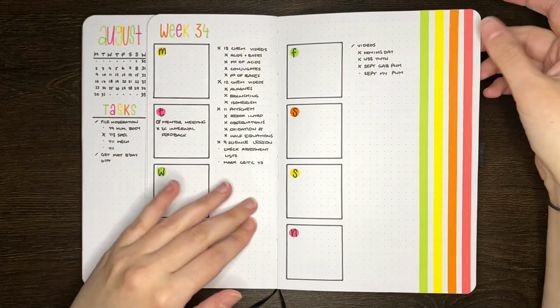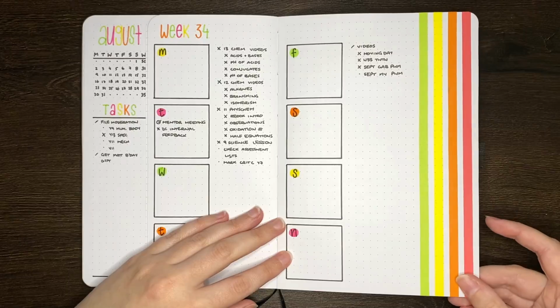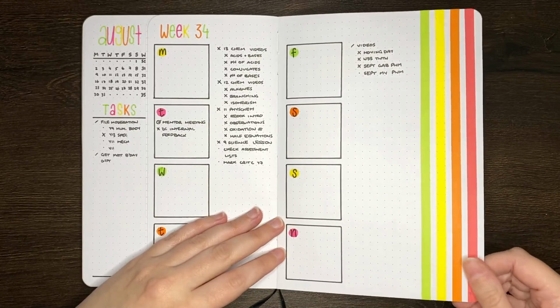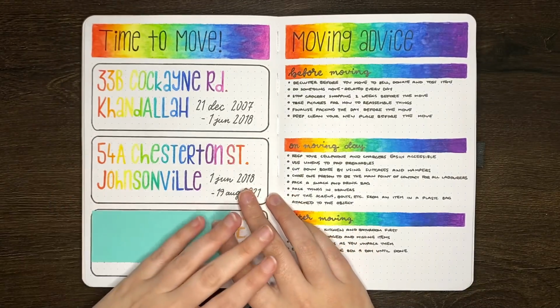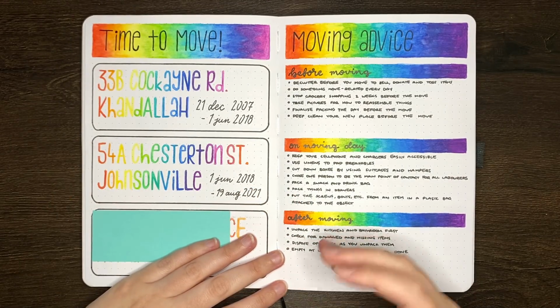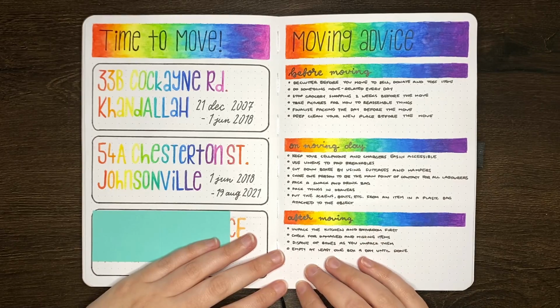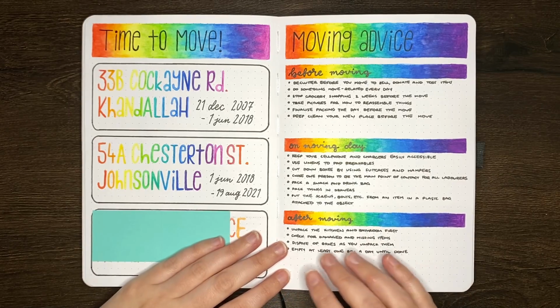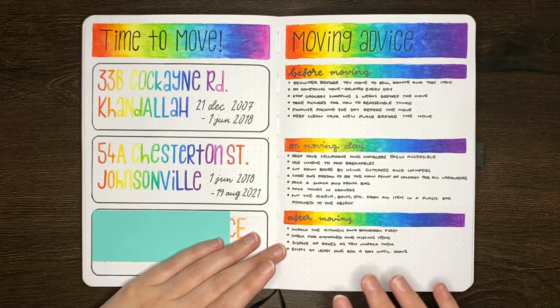But while I was in Melbourne, because there was not really all that much I could do to help with the kind of pre-move preparations, I set myself up a bunch of layouts so that then, as soon as I got back to Wellington after being locked down in Melbourne, we could get right on into doing things for our move. Again, I do have a video of all of these moving layouts and explaining them in a bit more detail,